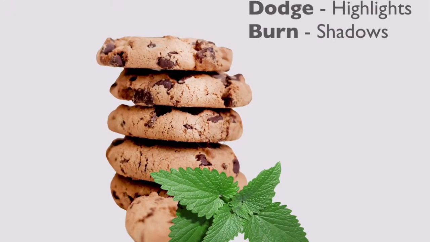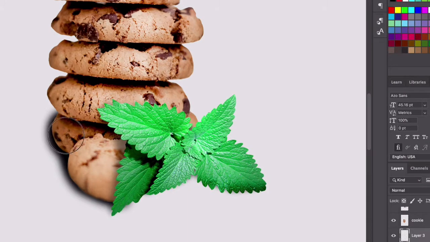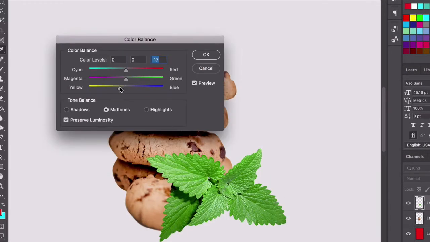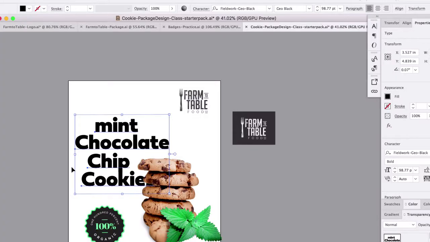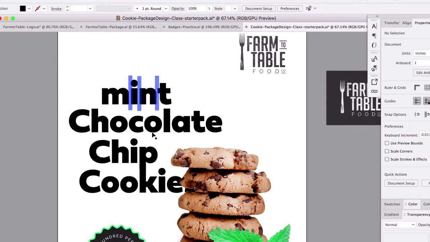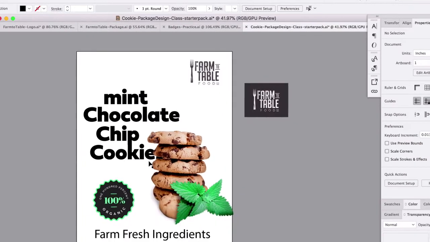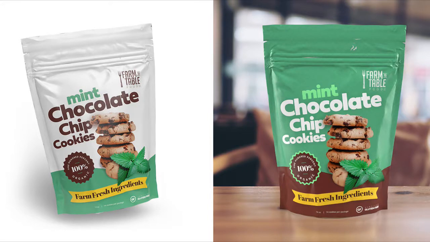to create enticing images for the front of our package. We will create realistic shadows, blend our two photos together, and bring out colors that make people's mouth water. We will bring our basic assets into Adobe Illustrator and work on our layout design. We'll walk through graphic design layout principles to create a compelling, high-contrast layout that will draw eyes to our product